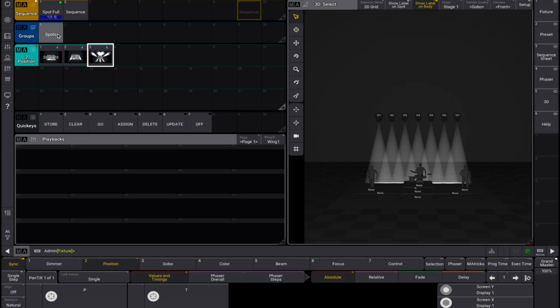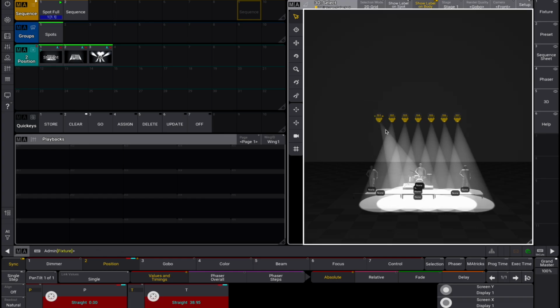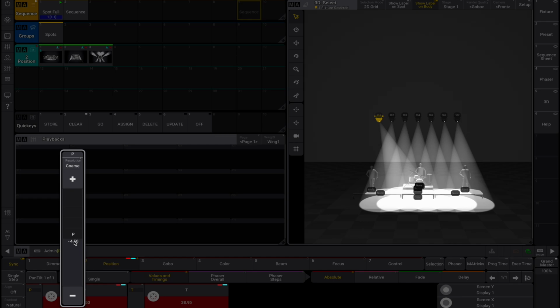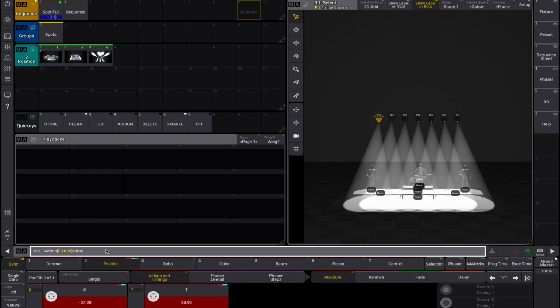Select the fixtures and call a preset. Adjust the pen tilt values to reflect the correct position. Type the keyword store offset. You can also press the MA and update key if you do not like typing but do like shortcuts in